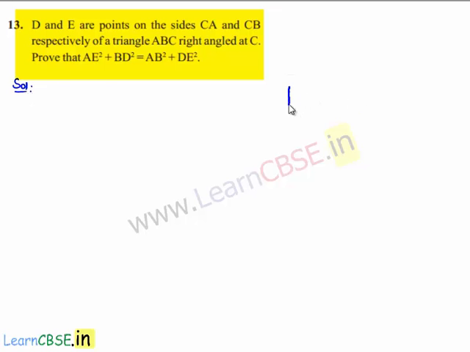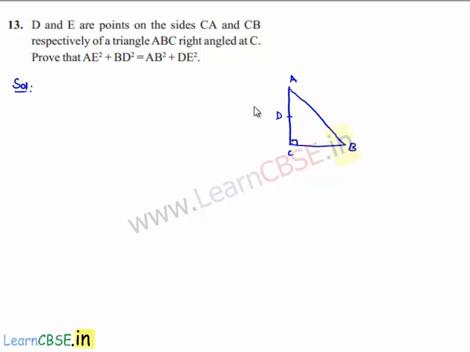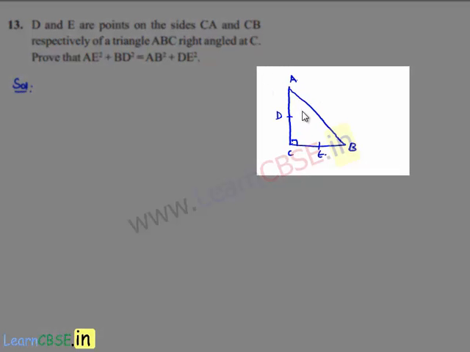Let us consider a right angle triangle ABC, which is right angle at C. Here it says that D is a point on CA and E is a point on CB. And finally we are asked to prove that AE square plus BD square is equal to AB square plus DE square. Now in order to do this,